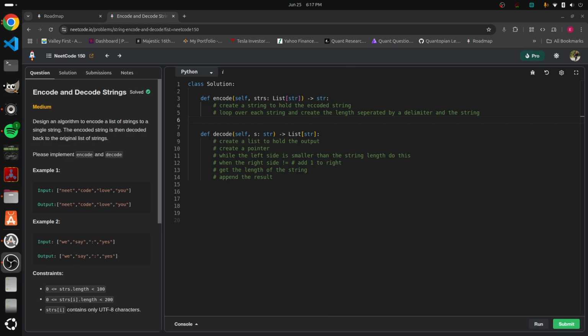Alright, let's solve this problem we have here. I'm not using Leetcode, I'm using Neatcode. Read the pseudocode if you haven't, and what we're doing here is encoding a list of strings and